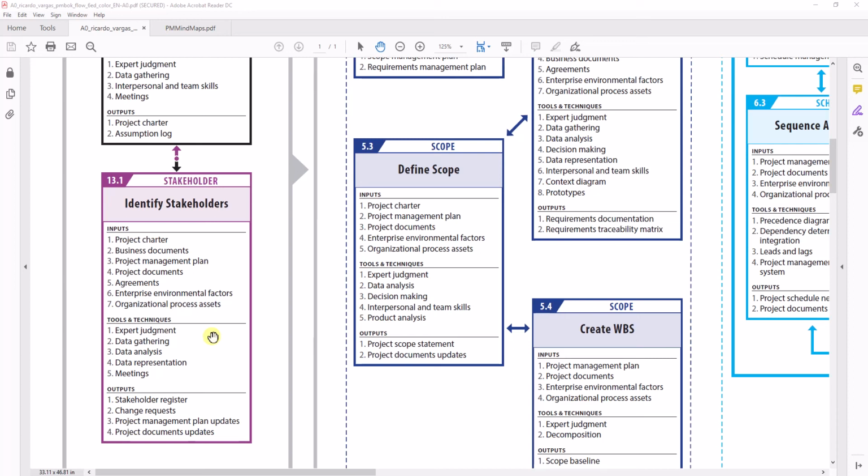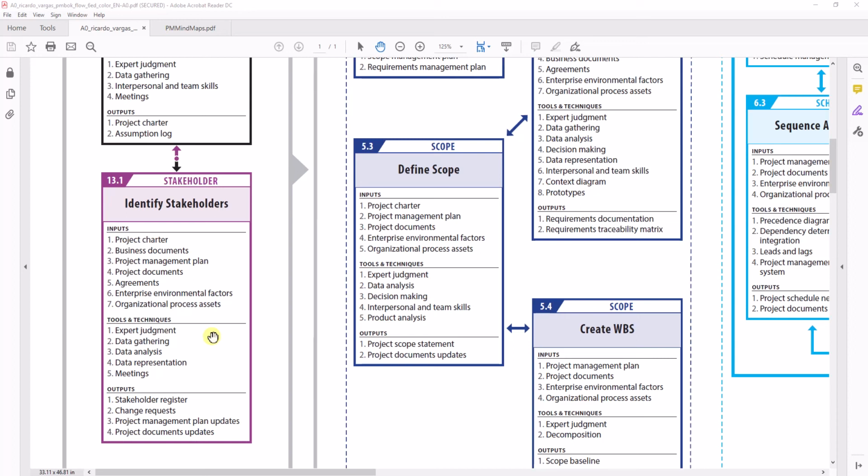Data representation could be in various visual forms. Data is gathered, that means you go to the right sample set inside the population. You identify what is relevant data and what is not important. You sort all these things out. Then whatever data you got, you analyze, for example, which stakeholders are having an impact, positive or negative, on the project. And representing, you will see these techniques even later,